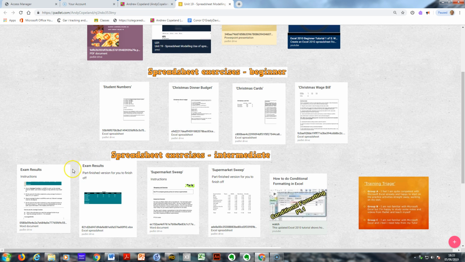You'll certainly need to do the intermediate ones. You may be able to skip the beginner ones depending on your experience, but you'll definitely need to do the intermediate ones because, as I say, you are building up a collection of spreadsheets that you can then use in assignment 19.1. And the way they all work, at least these first four, the beginner ones, is you click on